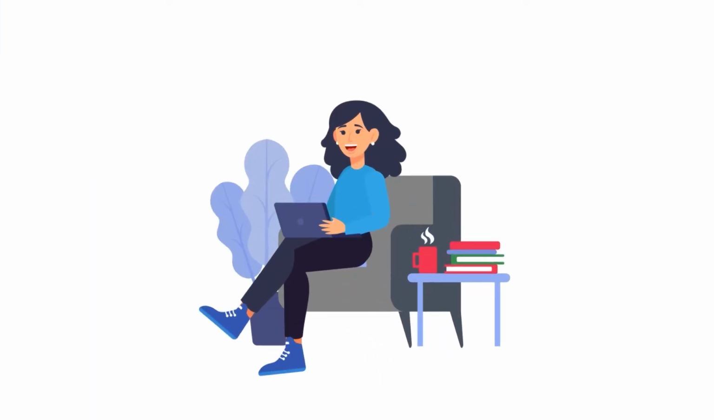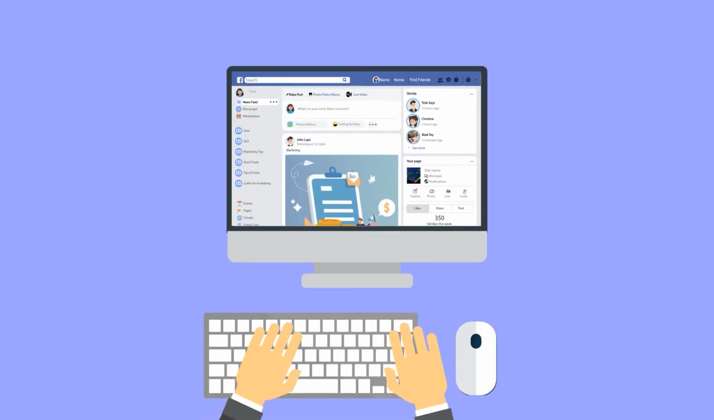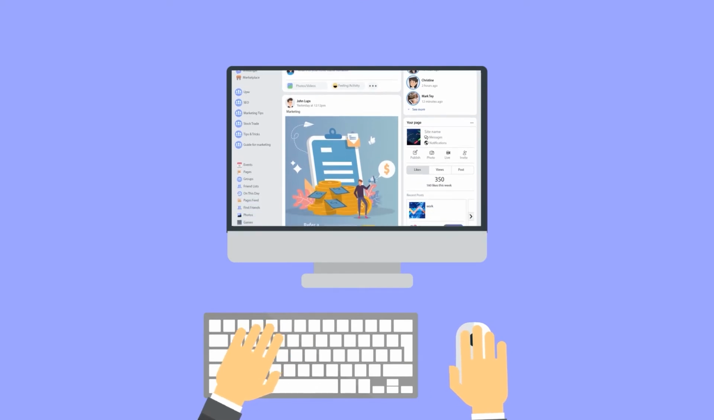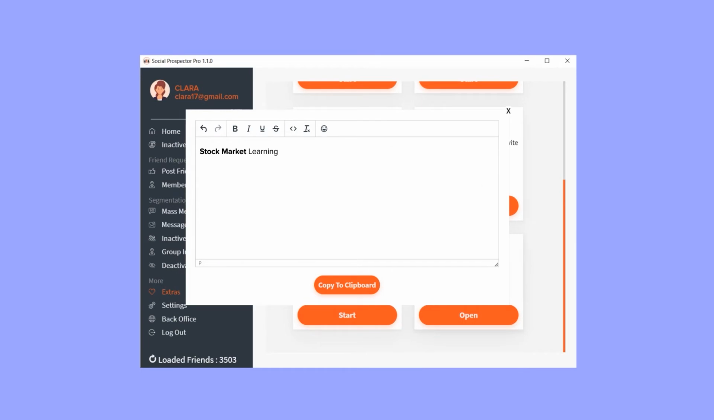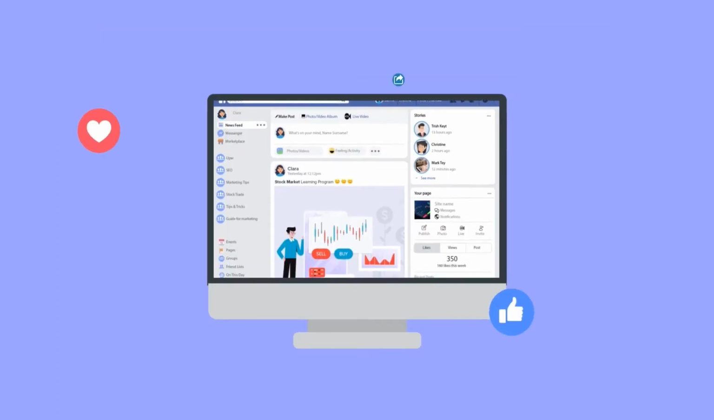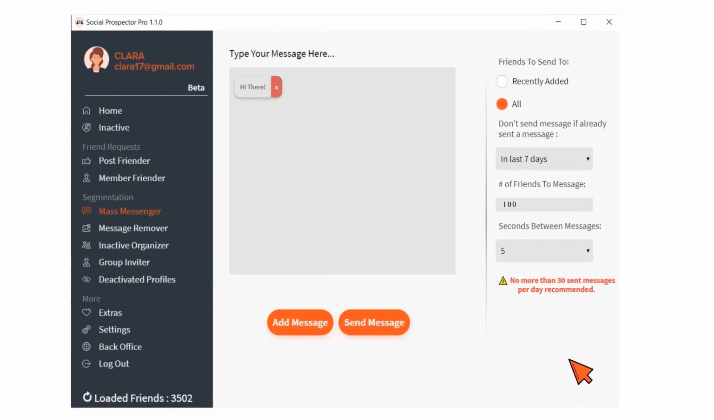While Clara grows her list daily, she is also completely automating her Facebook organic marketing. For example, when she wants to make her posts more eye-catching and stop her prospects from scrolling past them, she uses the fancy text tool. This allows her to make her font stand out, generating more clicks, leads, and sales. She loves that she can segment her friends list and send mass messages based on how long she has been